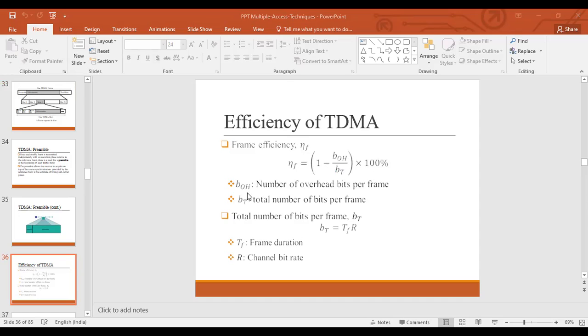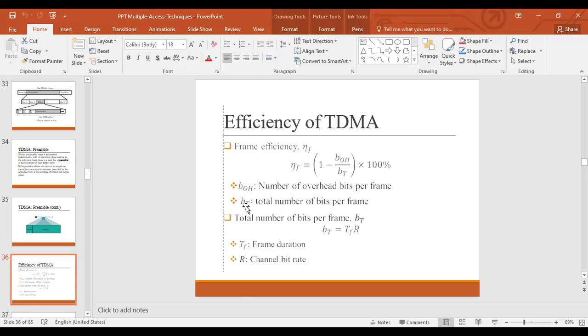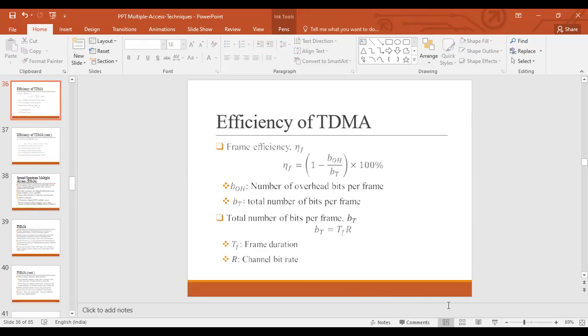Where BOH is the number of overhead bits per frame, and BT is the total number of bits per frame. Let me put it into representation mode.